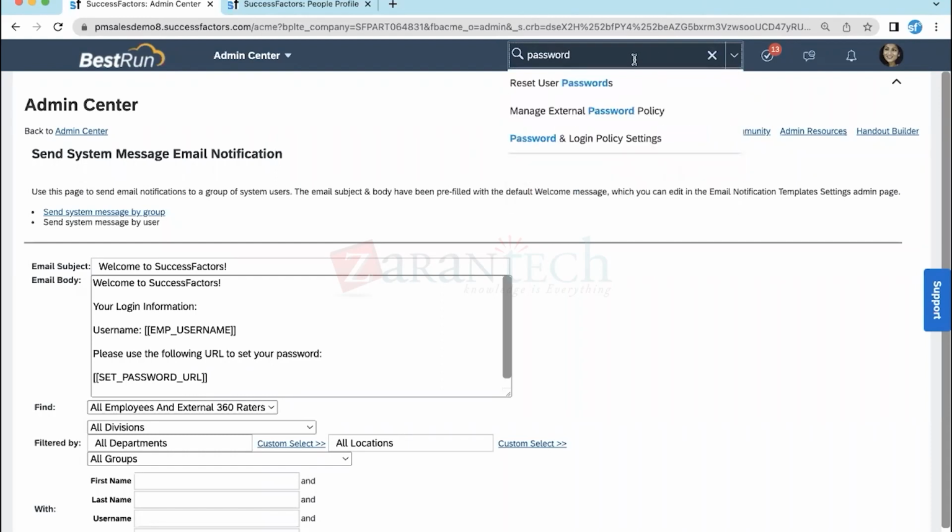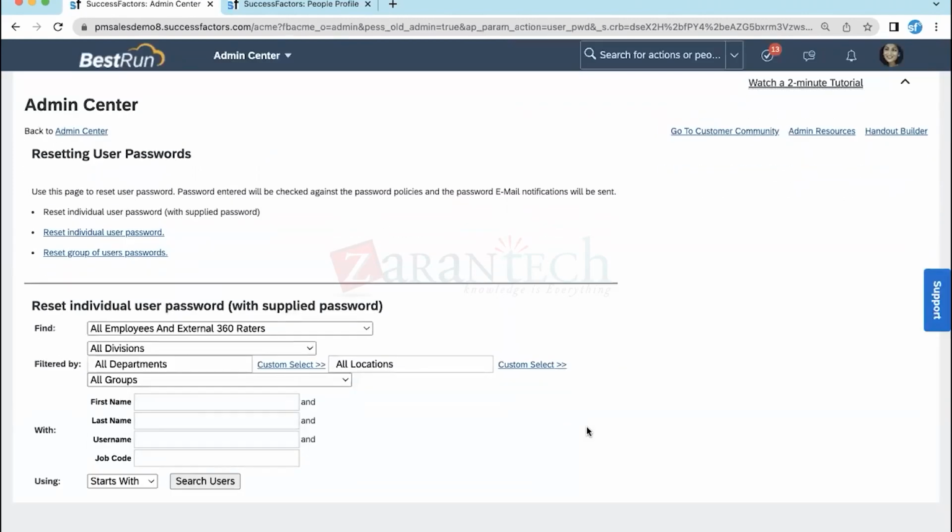there will be some situations where the person cannot even use the forgot password option. That is also not working and they approach the admin. Then you use this option, Reset user password. So resetting user password, again, this is a plug and play tool where we don't have any config involved in it. Now, if somebody approaches you saying that I am not able to access the SuccessFactors system,